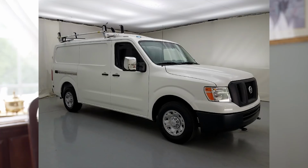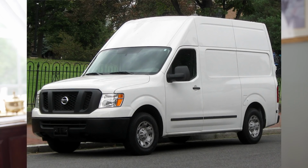My favorite of all the options though is the Nissan NV2500. I really like the size of it overall. I like that most of them already have high tops built in. There's actually one just down the street from me. It's about 10 miles away, so we're probably gonna go take a look at that at the end of this